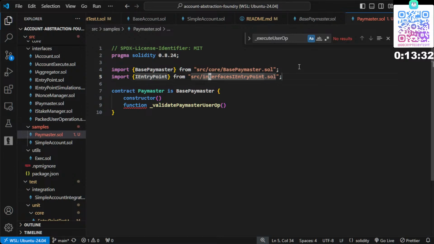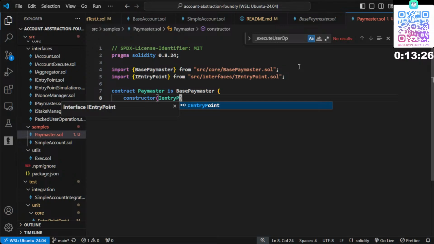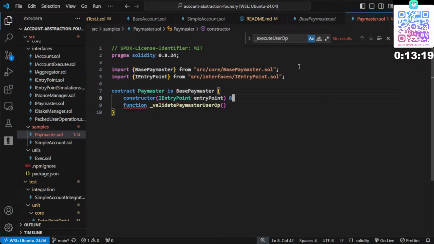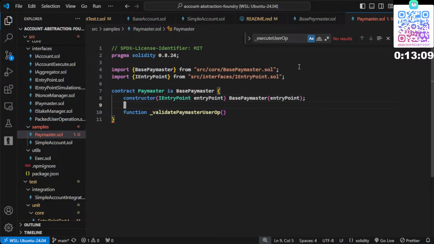Okay, interfaces, we can say entry point is equal to entry point, base paymaster, then pass that value entry point. Oh sorry,